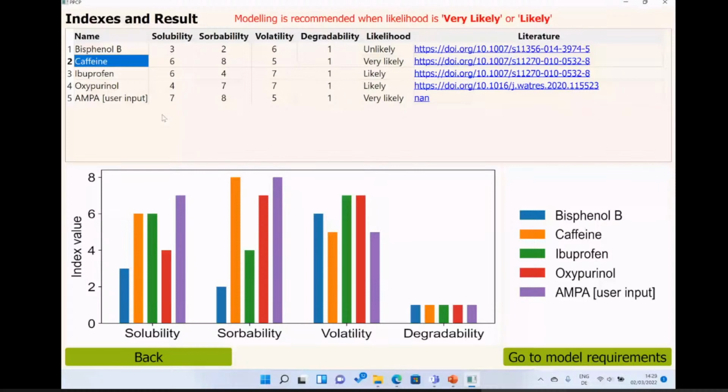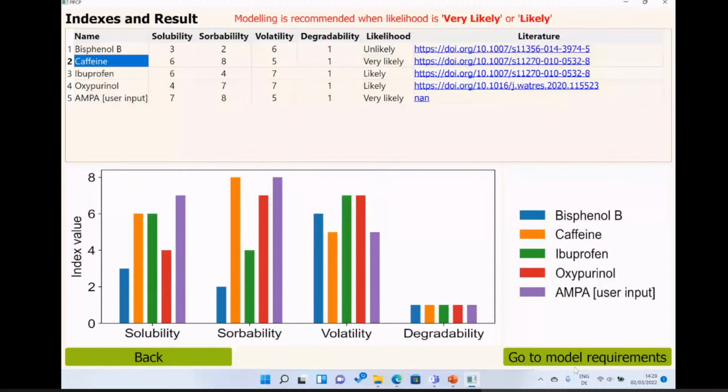And that was actually all about the first feature, but the modePROCON features don't end here, because whenever you need to develop a model, a question always arises: which kind of data do you need? Because in order to have a robust model, we all know that data are very crucial. So there comes the second feature of modePROCON: it shows you the requirements for modeling, like developing a fate and transport model.